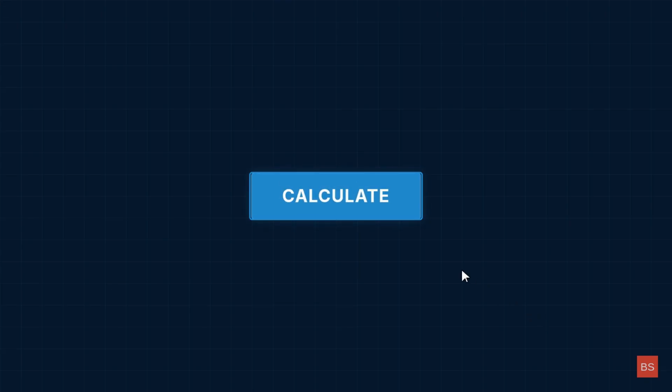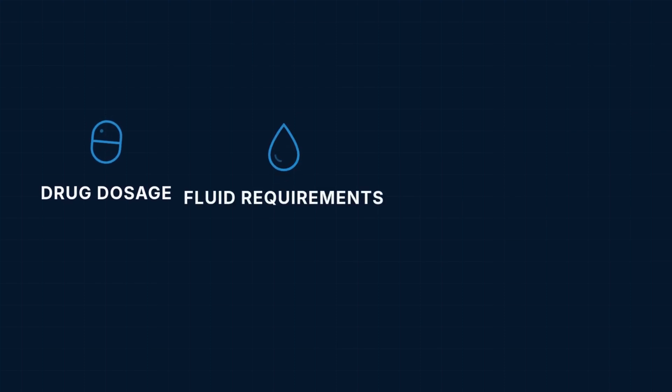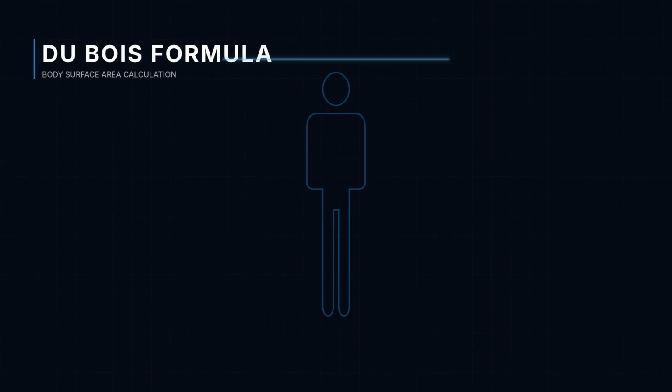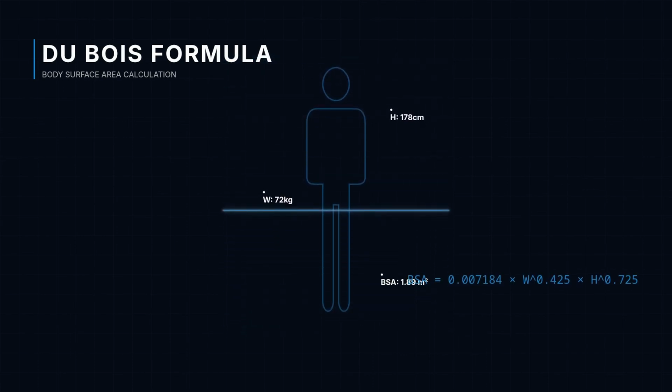After clicking the Calculate button, the calculator displays the body surface area result. This BSA value represents the total surface area of the body in square meters, which is essential for calculating drug dosages, determining fluid requirements, and assessing metabolic rates. The Du Bois formula uses your height and weight measurements to compute this standardized physiological parameter used throughout medical and